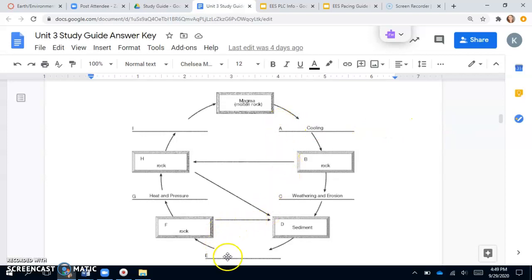E is at the very bottom. Okay. So we have magma that's cooled into igneous rock, and then igneous rock is weathered and eroded to get sediments. And something's going to have to happen to these sediments to form the rock that goes right here. Well, we know that sediments will form sedimentary rock, right? But what is the process that sediments have to go through to get to sedimentary rock? Well, the answer here